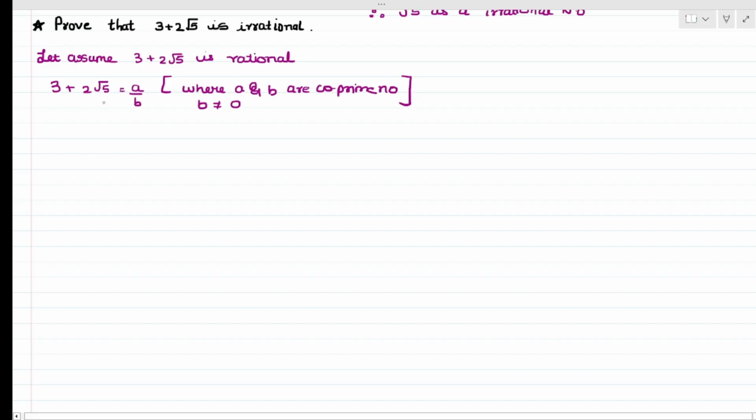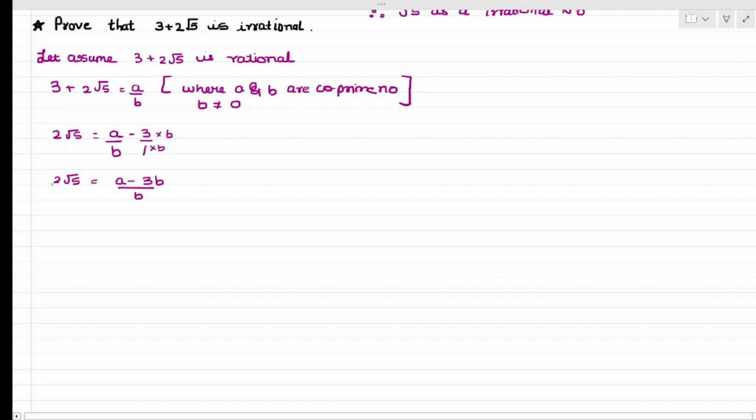So now first, this is my plus sign. So first I will substitute this. So I will get 2 under root 5 is equal to A upon B, minus 3. As it is plus 3, I will move it over here as minus 3, because side change, sign also changes. Now as you can see over here, I need to take LCM. I need to make my denominators the same. Okay, so B is getting multiplied over here. So whatever is getting multiplied in the denominator will also get multiplied in the numerator. So what will be my answer? 2 under root 5 is equal to A minus 3B upon B.